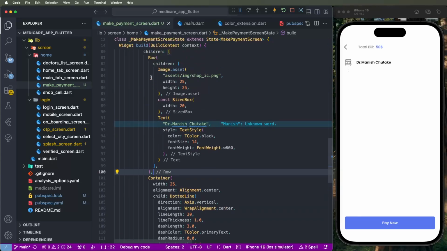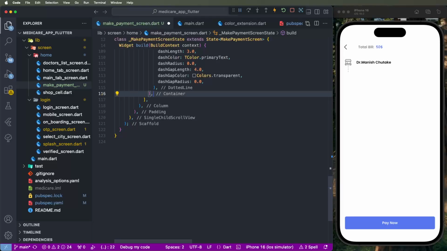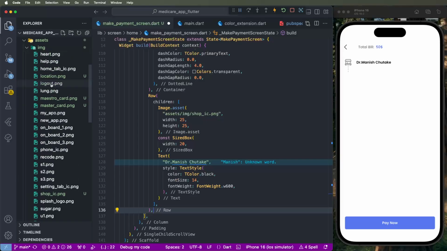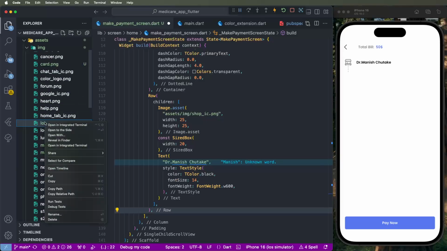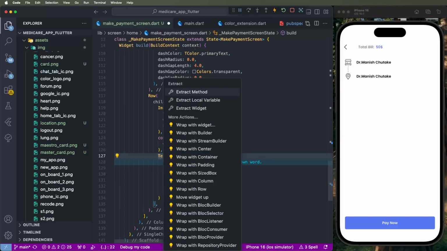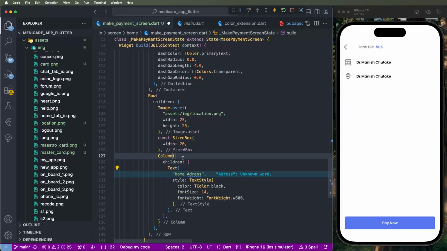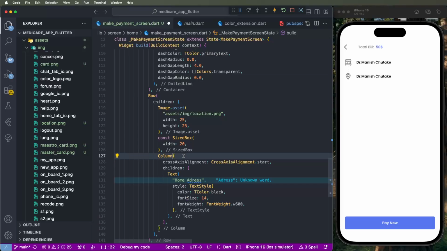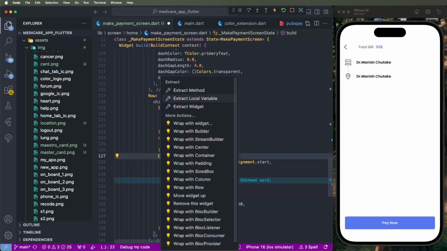First of all, we need to copy this row, and paste it here. Now we need to change the icons, we need to use the location icon, copy the relative path, and paste it here. And now we need to set the title as home address, put here home address. First of all, convert it into a column, set the cross axis alignment as start, and then after we need to configure the expanded, wrap with Expanded,